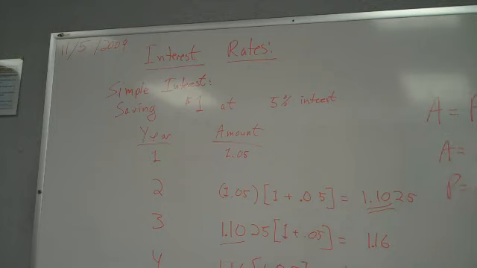P is your principal. Does the 1 equal e? The 1 plus the rate gets combined to e? I did the exercise last year that I don't think I have time for today, where we did $1 at 100% interest, and we kept compounding it more and more, and the number kept getting